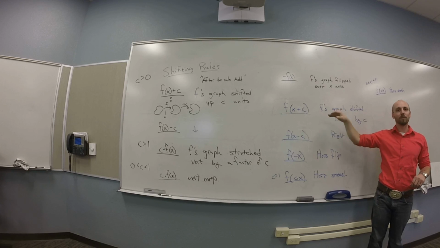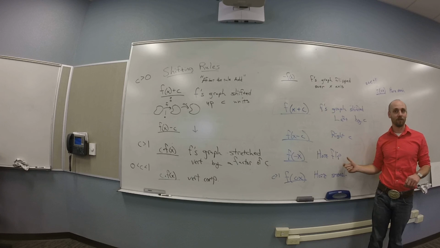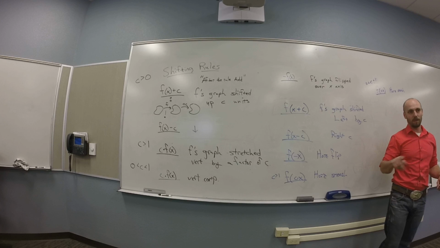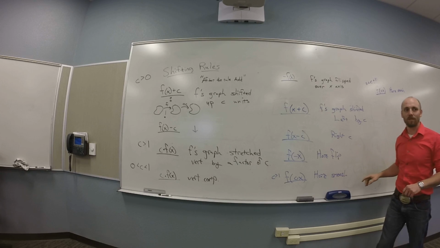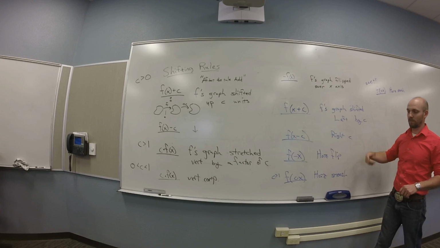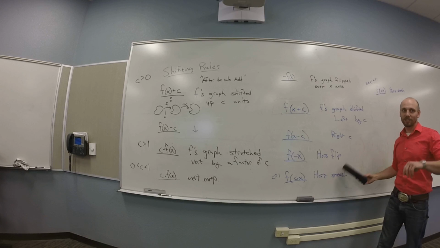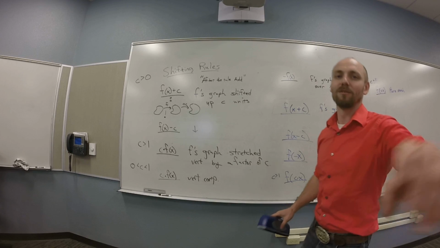After the rule, you can do as many of these as you want. You just do them in the order that they appear in your bubble diagram. But if you've got a couple before the rule, you have to be really, really careful. So for like negative f of x, you would flip before the rule, and then you'd do f of x, and then if it was f of negative x at the same time, then you'd flip it again. Yeah, let's talk about those. So let me kill this and we'll chat about